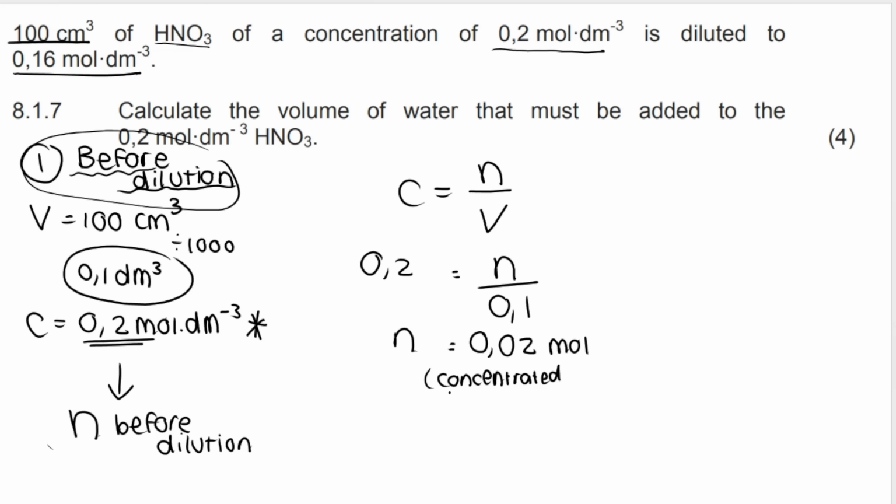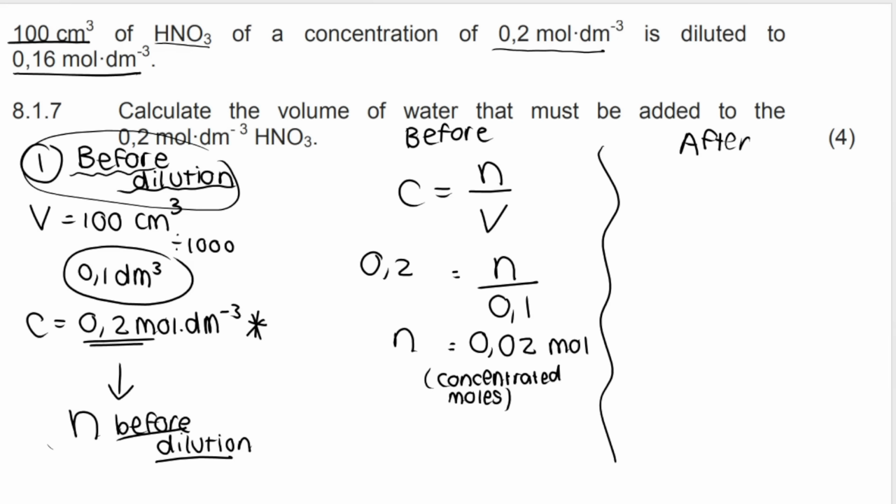So these are the concentrated moles. In other words, before the dilution. Now remember, this is before. Now after the dilution, so after I added in the extra water, we use the same formula, except now I know N, it's 0,02. V is what I'm looking for, and C is the new concentration,